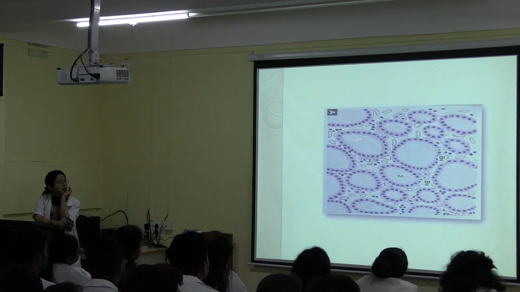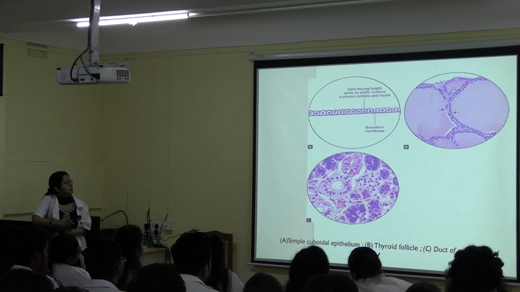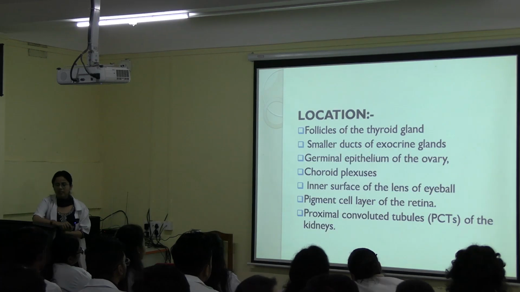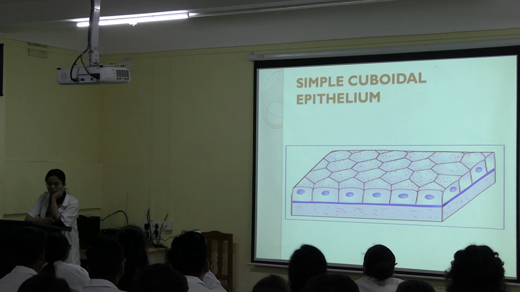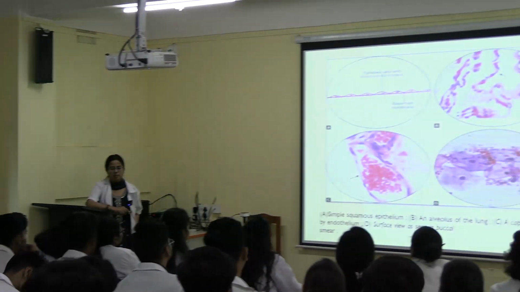So this is the diagram which you have to draw in your practical copy. Clear? And this is cube-like, you can see. So this is simple cuboidal epithelium. Clear, everyone? Which layer of cell do we have to see for tagging it as squamous, columnar, or cuboidal? Surface. Examples. Okay, everyone. Basement membrane clear.